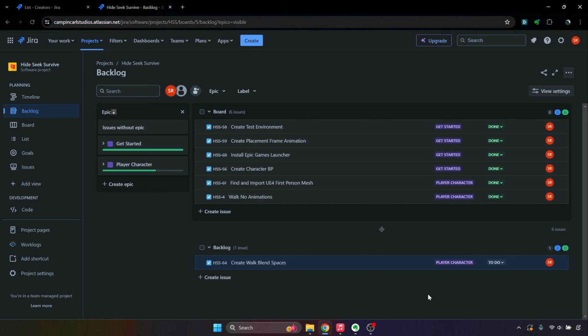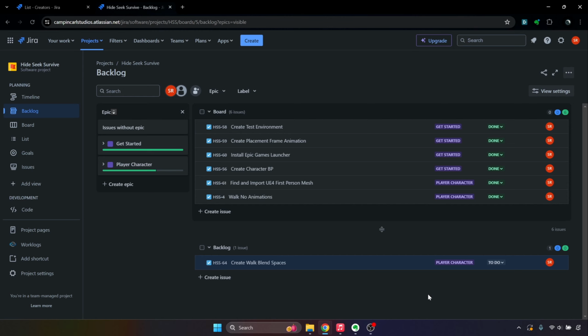Today, we're going to be creating our walk blend spaces for the character. So that'll be a lower body and an upper body. And that will involve us importing an animation pack. Don't worry, it's free. And we'll also be making a few animations in Blender, but don't worry about that. We already did all the hard work with the placement frame, and now we are just barely rotating the animation to make it look like we're moving. So yeah, it should be a pretty good episode, and let's get right into it as always, starting off with